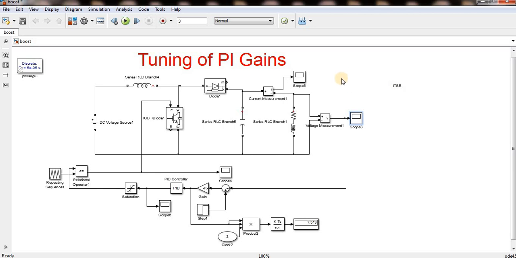If you are operating that machine as a motor, your ID and IQ are in one direction. If you are operating it as a PMSG, permanent magnet synchronous generator, in that case your torque is the input, not output. It is working like a PMSG-based wind turbine. So the wind turbine is generating the torque, and the torque is the input to the machine, not output. In that case, your ID and IQ flow in reverse direction because it is working as a generator.